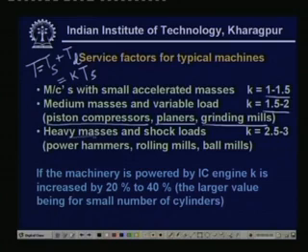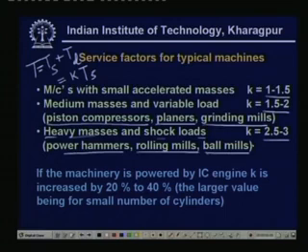Then heavy masses and shock loads, here the service factor is 2.5 to 3. The usual machines where these heavy masses and shock loads occur, some examples are power hammers, rolling mills and